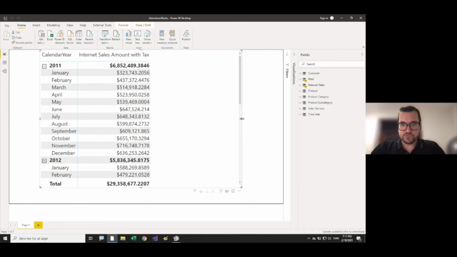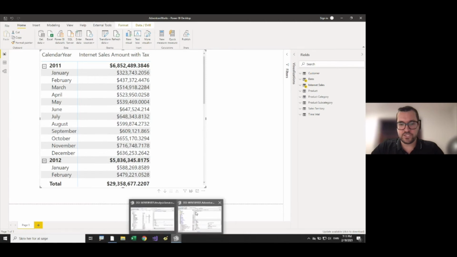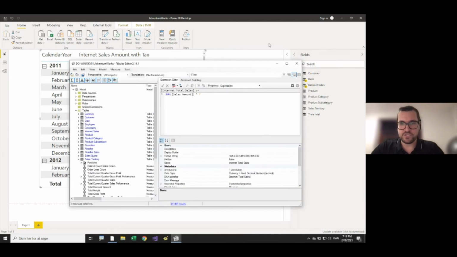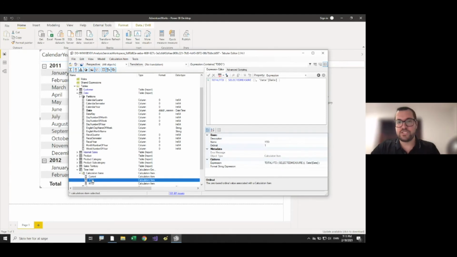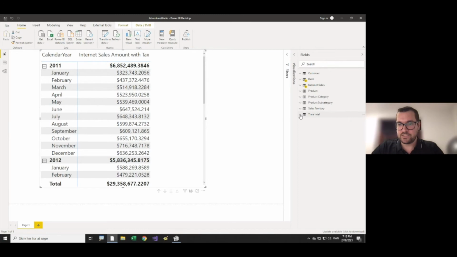Basically what calculation groups do is allow us to apply the calculation logic that we created on the calculation items and use this logic across all of the measures in the model. So instead of creating a year-to-date measure, a copy of each measure that is year-to-date and another copy for month-to-date and so on, we can just reuse this logic across all of the measures. And the way it works basically is that I just take this